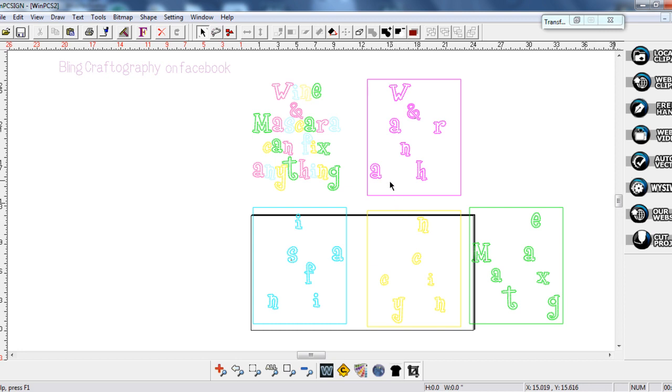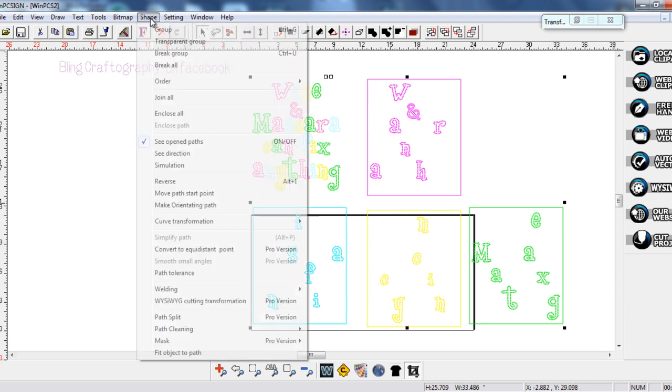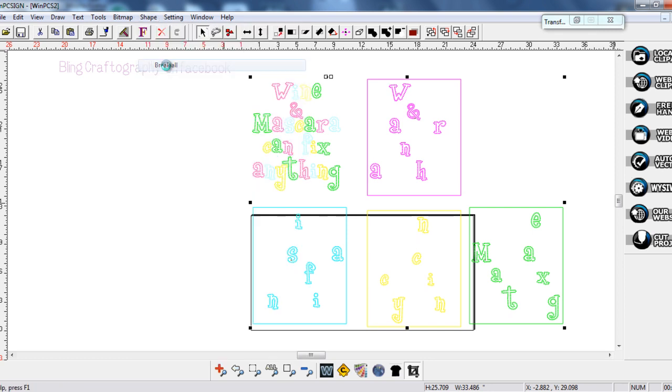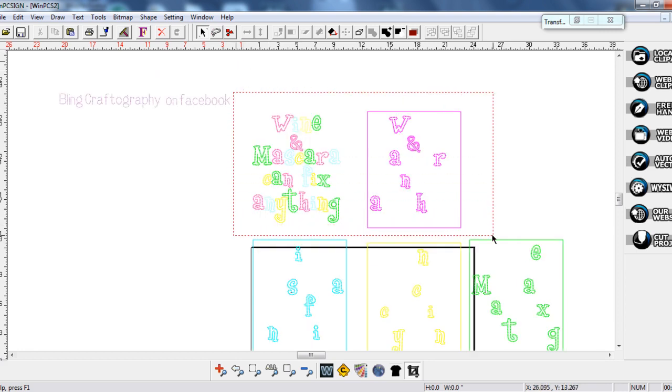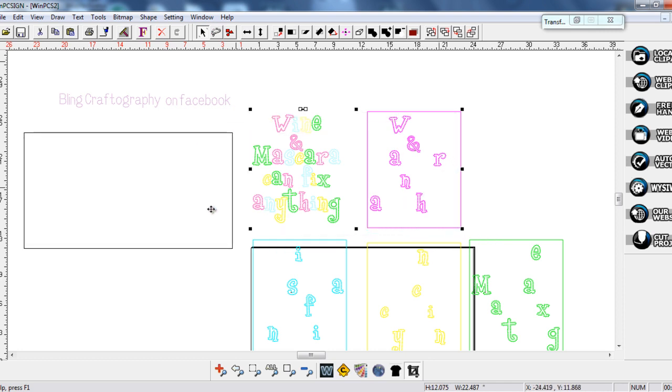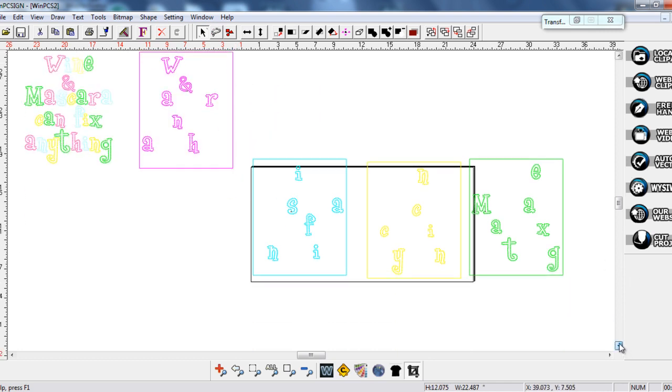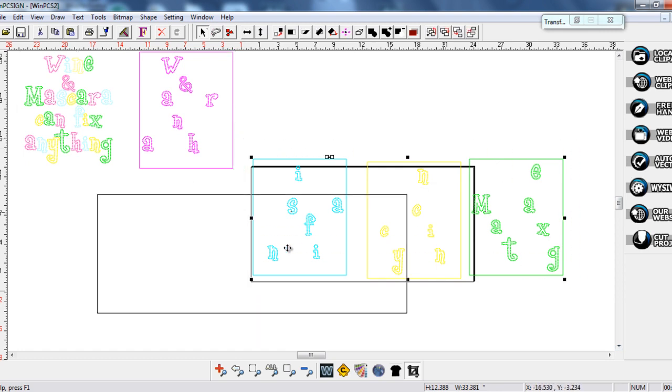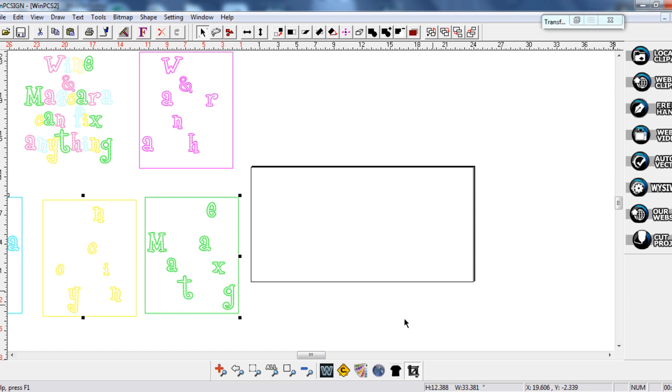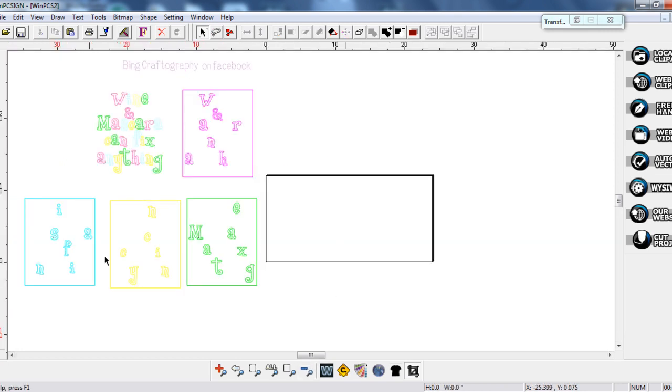So what I'm going to do now is I'm going to go up to my shape bar. I'm going to go to break all, or whatever program you're working with, break all or ungroup, and I'm going to take these over here, and I'm just going to slide them over here, and right now they're all separated out. And then I'm going to do the same thing with this bunch over here. I'm just going to slide it off of my page because I'm going to have to work with each box